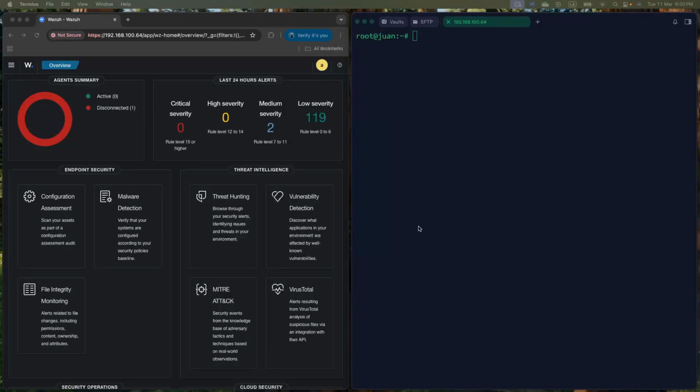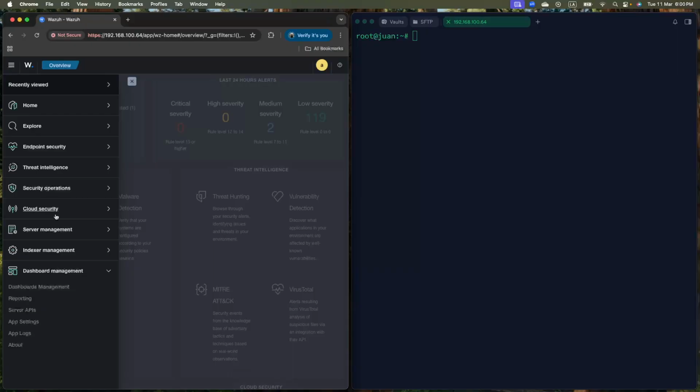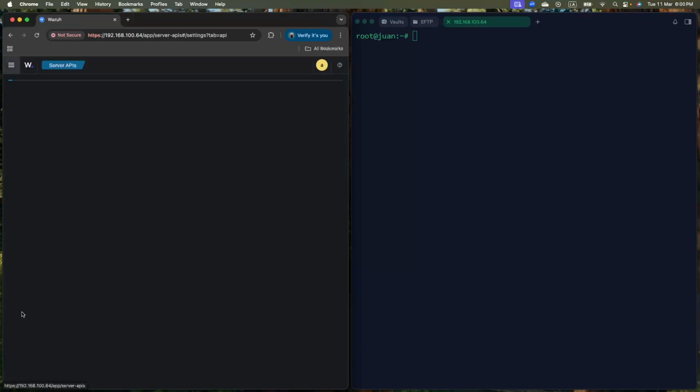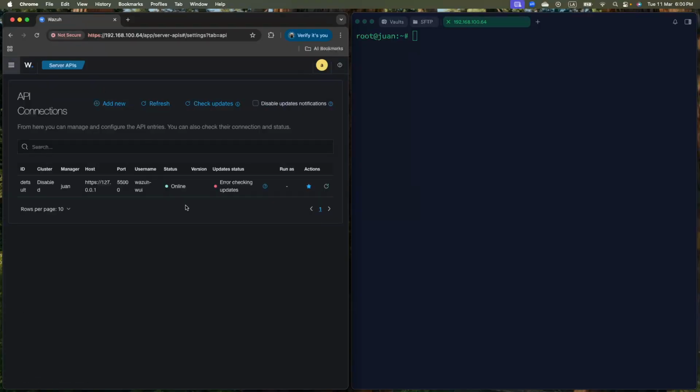Okay, today I want to show you how to change the password for the Wazuh UI user. This Wazuh UI user is used by the dashboard every time it has to make a query or a call to the server API. This means the Wazuh Manager server, all right? So at this moment, if I check for updates,